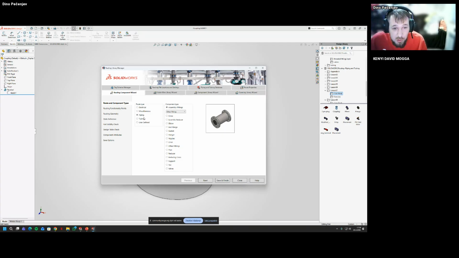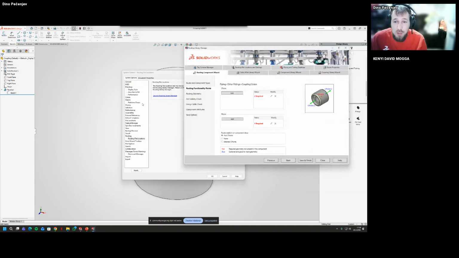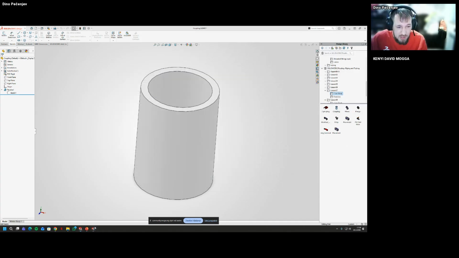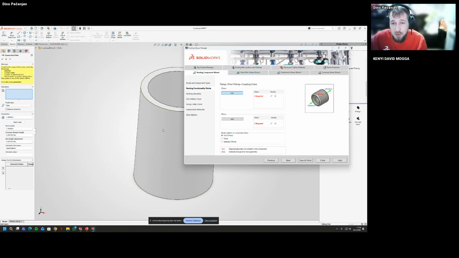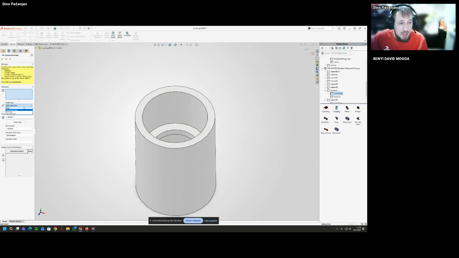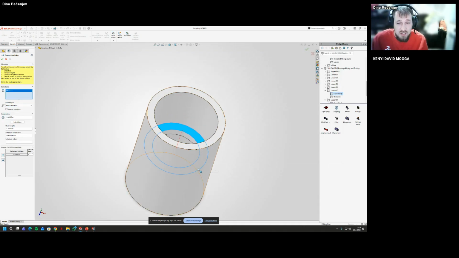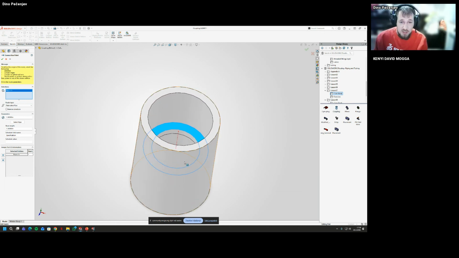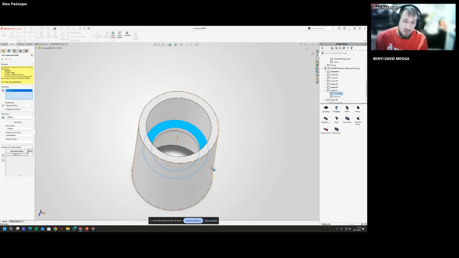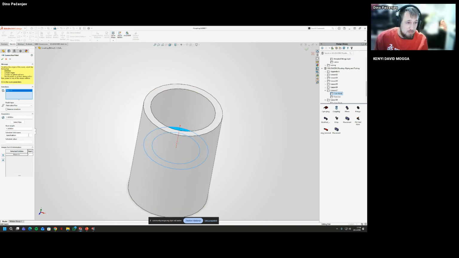So we're going to use other fittings, and we're going to use coupling union, and we just follow the steps here. So here, we don't have any specific C point. So we're going to add C points. Route type. So here we're going to say fabricated pipe. I'm going to use this face, which is cylindrical. It will utilize the center axis of this shape. So this is stub length, schedule field name, specification, schedule value.